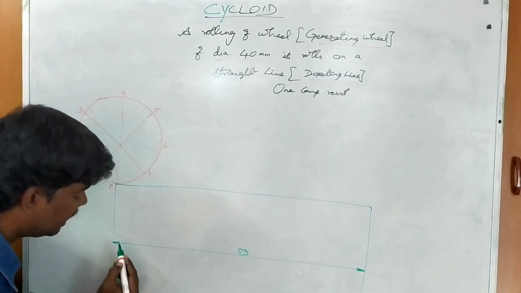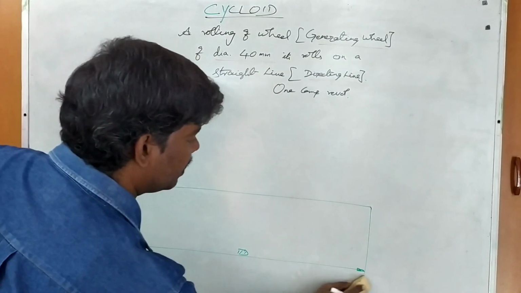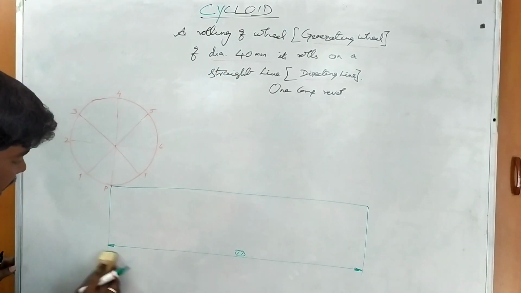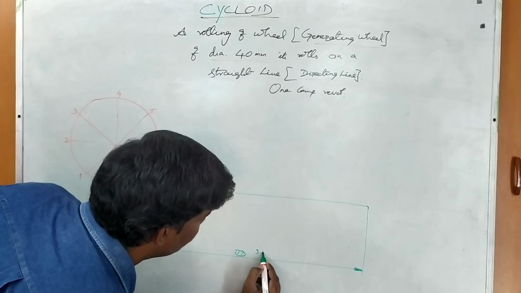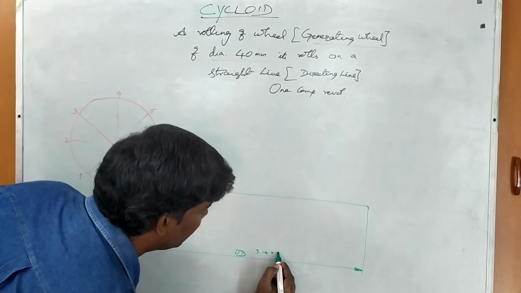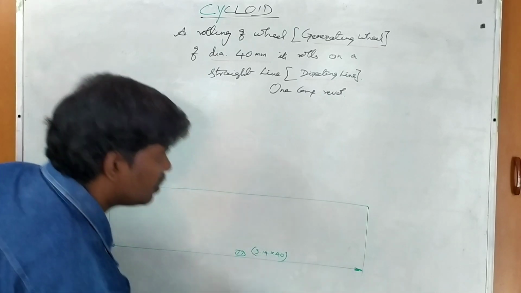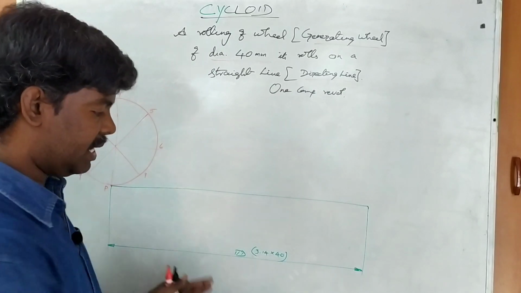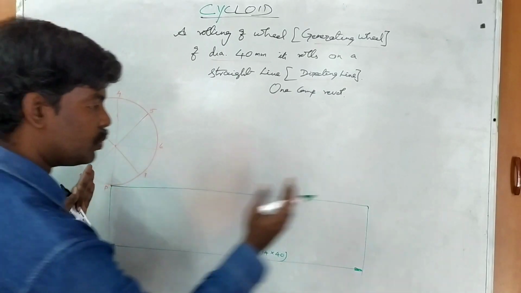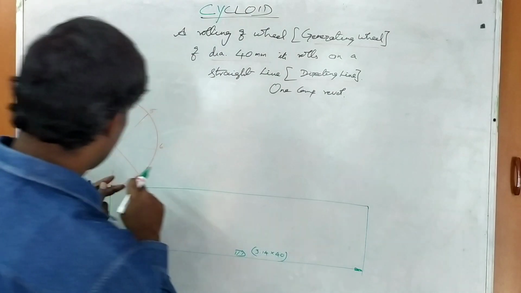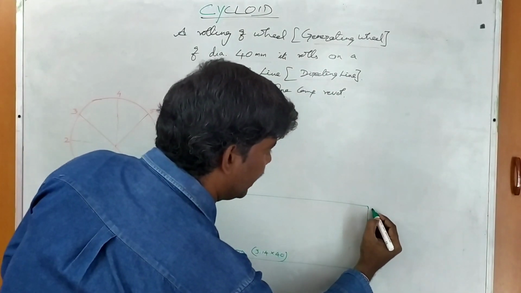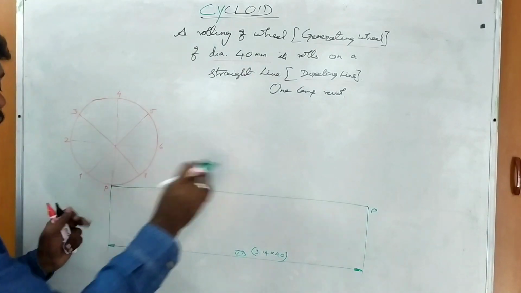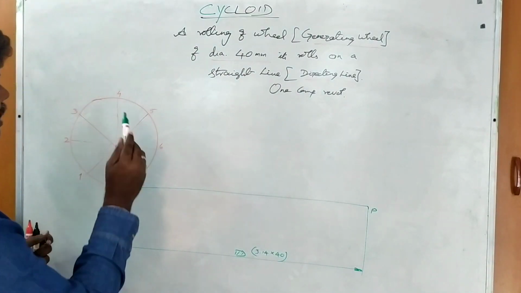So the diameter d is 40 mm, therefore pi, 3.14, into 40 mm. How much did we get? Clear? So pi value 3.14 into d value 40 mm. Therefore 3.14 into 40, that much distance from point P to here. So start and end: the starting point and, after completion of one revolution, the ending point, both are letter P. Start and end same.